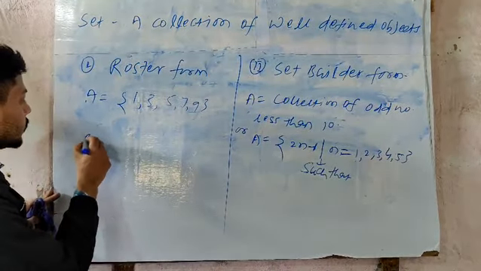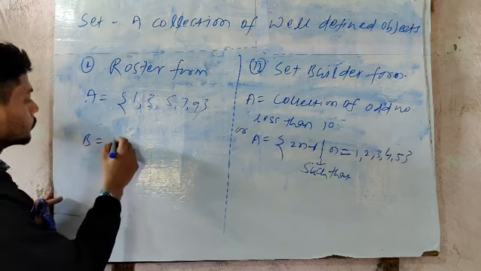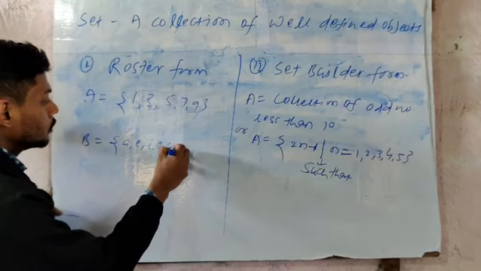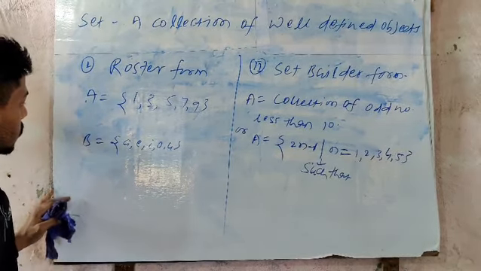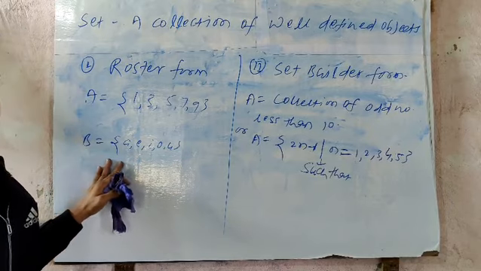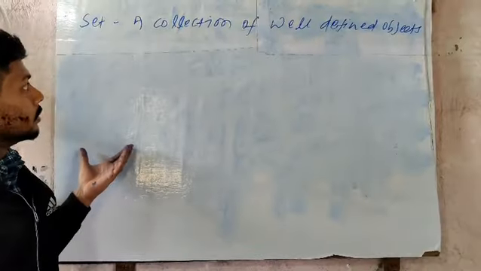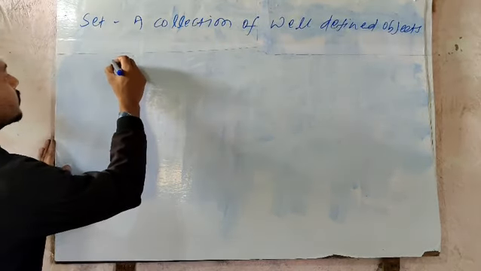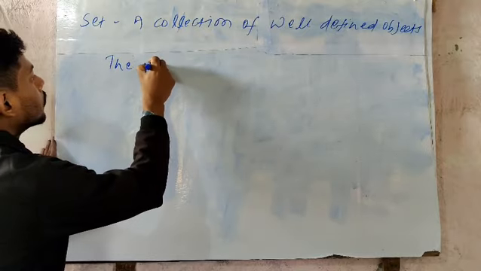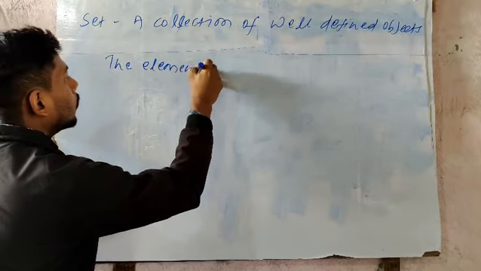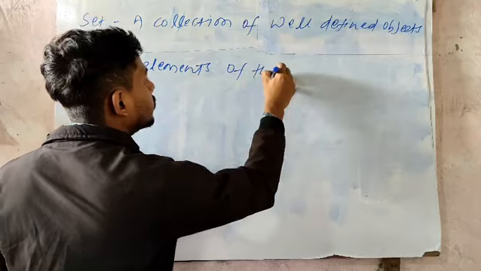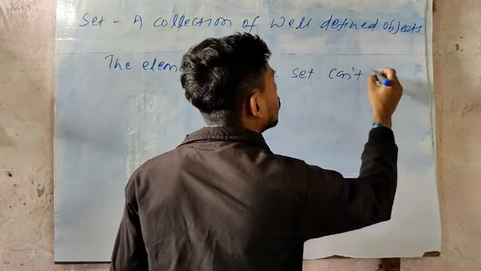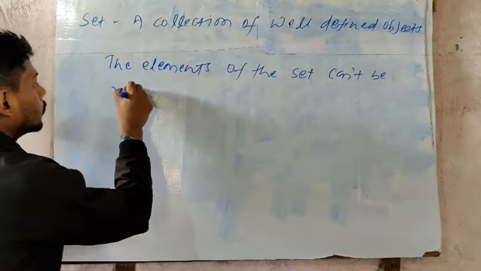Second, we can take the example B equal to A, E, I, O, U. This is the collection of vowels. We will see the most important thing about a set: the elements of the set can't be repeated,